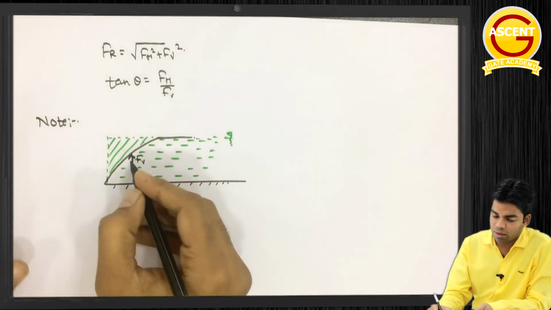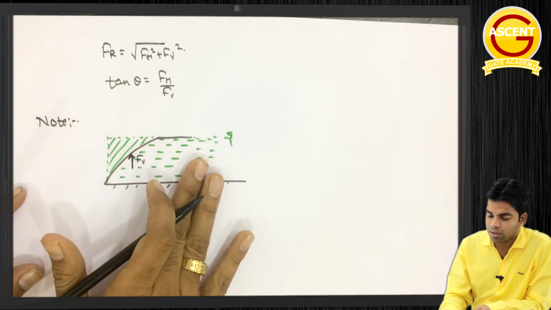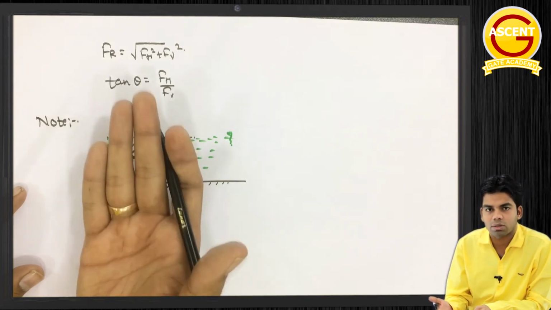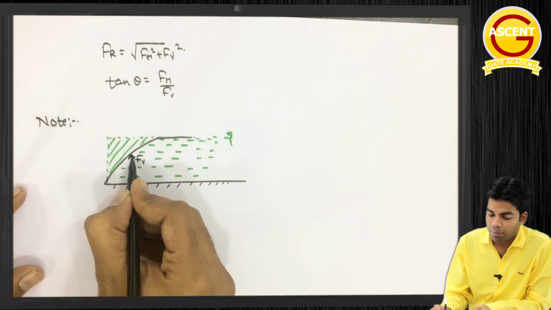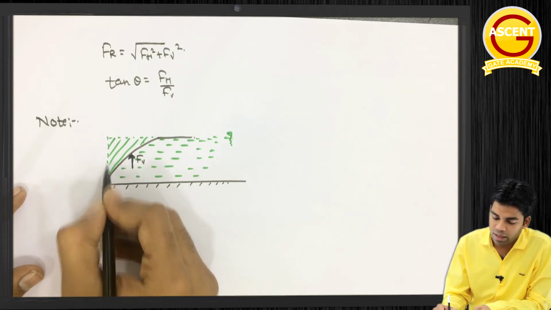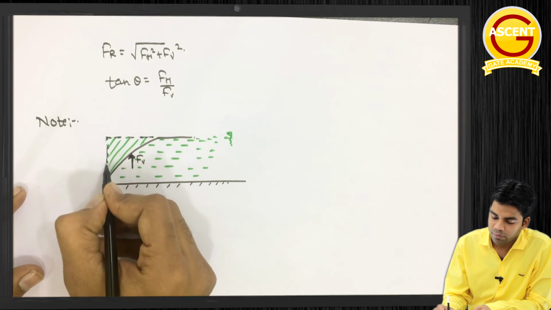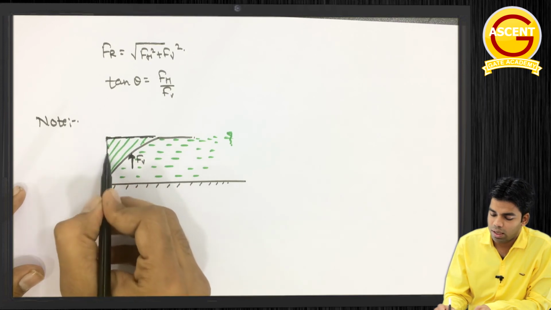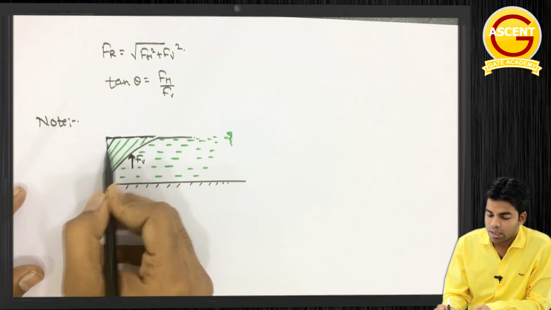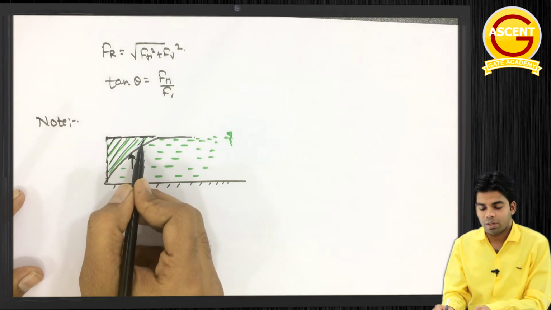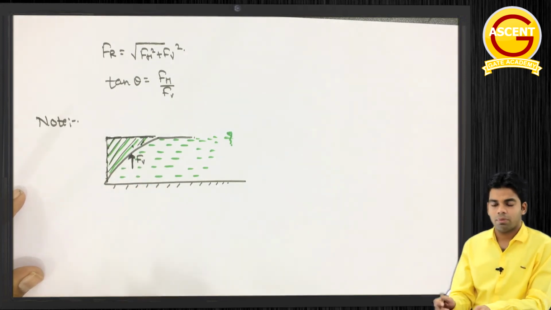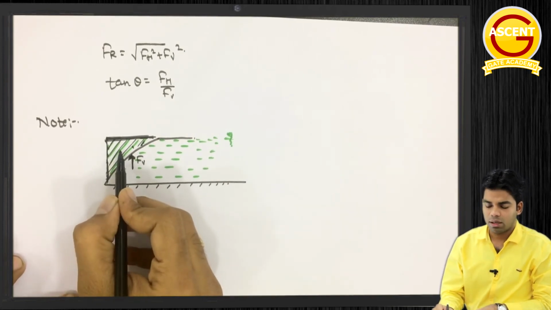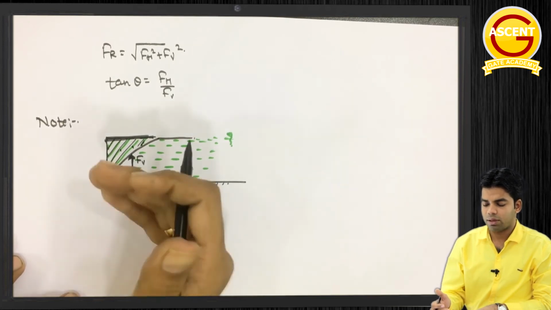That means हमको वर्टिकल फोर्स निकालना है कर्व्ड सरफेस का, और उस कर्व्ड सरफेस के नीचे वाटर है, so obviously this water will push this curved surface from towards top. Okay, तो वर्टिकल फोर्स अपवर्ड डायरेक्शन में लगेगा. अब ये अपवर्ड डायरेक्शन का फोर्स हम कैसे निकाल सकते हैं? We will consider an imaginary area about this curved surface up to free liquid surface. यहाँ से लेकर फ्री लिक्विड सरफेस तक एक इमेजिनरी एरिया कंसिडर करेंगे. Okay, और इस एरिया में जितना भी वेट है लिक्विड का, that weight is nothing but the vertical force. Clear or not? That means इस एरिया का या इस वॉल्यूम का जितना भी वेट है लिक्विड का, that will be taken as the vertical force.